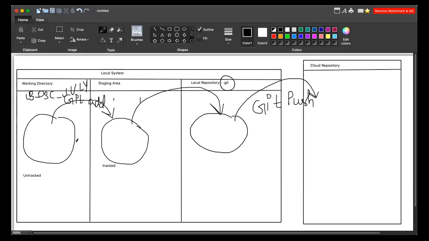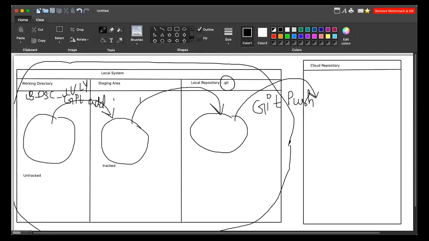Git will only keep those files untracked which are in this particular working directory, not in the other directories, because you might be having n number of directories on your local system. So it will not keep all those files in the untracked stage. It will keep only those files which are initialized in this particular folder.